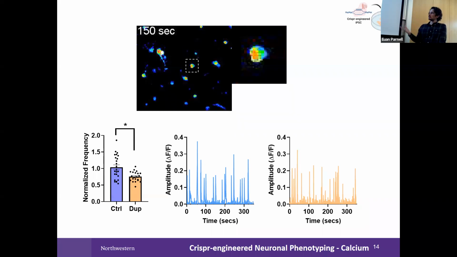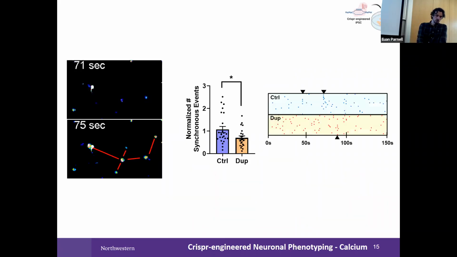We validated our change in activity using an orthogonal method. And we also can look at the synchronous events. At 75 seconds, I've slowed down the video a little bit, you can see 5 of these cells fire together within the network. This is a synchronous event. When we count how many of those there are in our culture, we saw a significant decrease, again